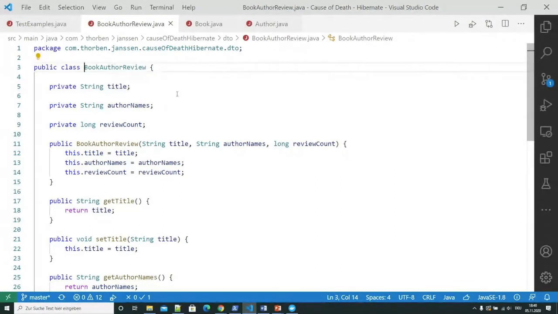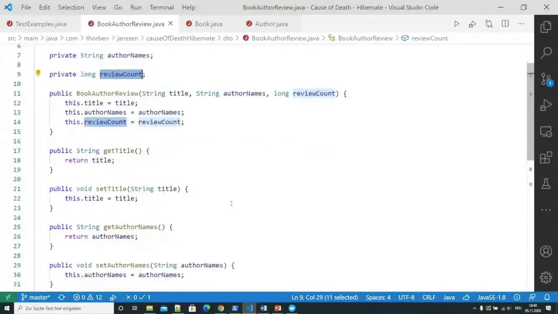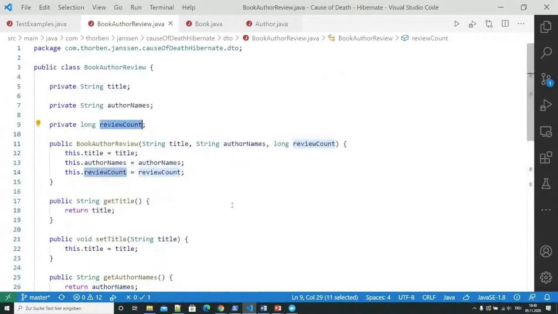So you could create a class. In this case, I call it BookAuthorReview with a title attribute, an author names attribute, and a review count attribute. And this is a really basic class, just a few getters and setters, and that's the important thing, a constructor that initializes all attributes.